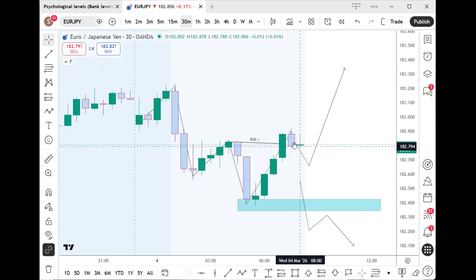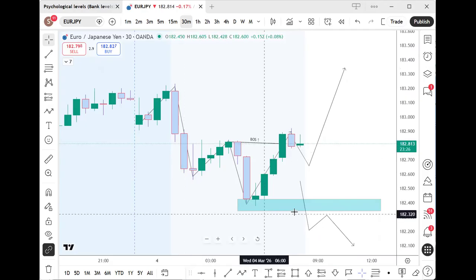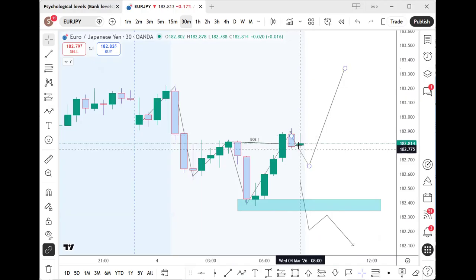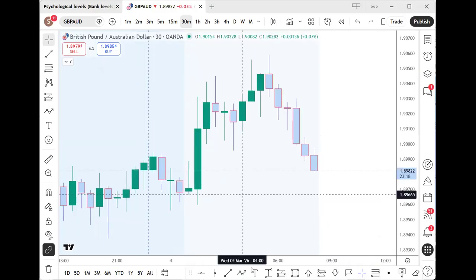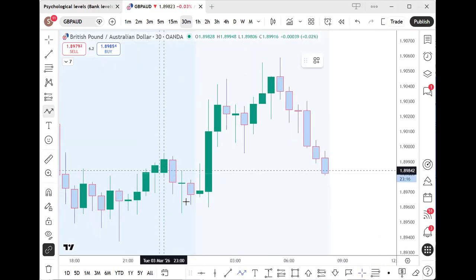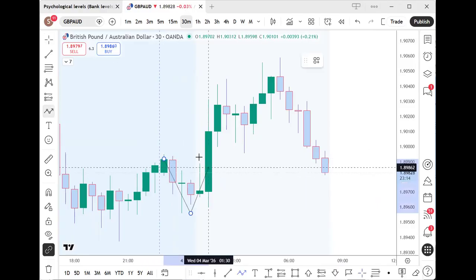In fact, I'll be taking a buy right now. Put my stop loss down there and then expect price to push up. Okay, let's look at pound Aussie. Pound Aussie started out very nicely, push down, and then a nice push up with a break of structure